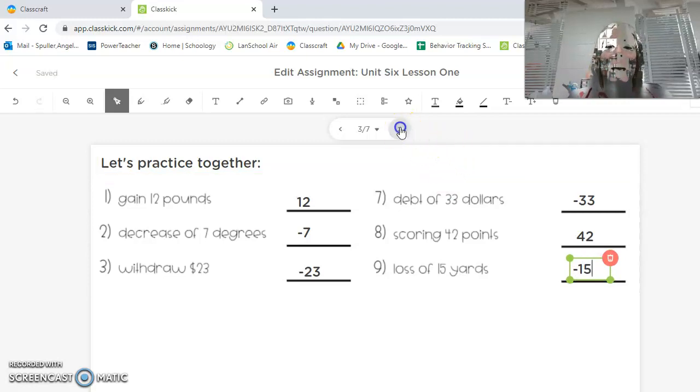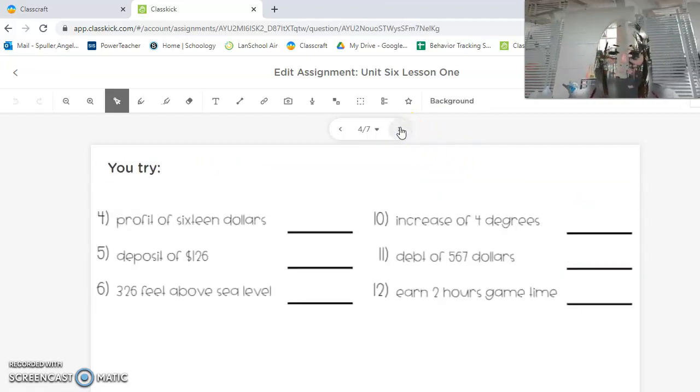Okay. Now, it is your turn to practice. I want you to look at these words and determine the key words in here. Are they telling you a positive number or a negative number? Go ahead and pause the video, work these 6 out, and then come back and see if you got them